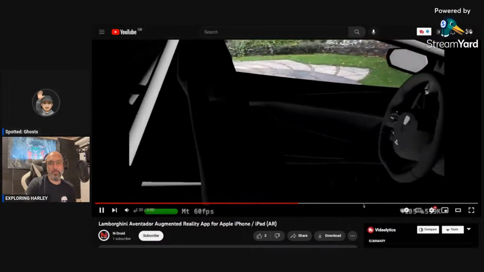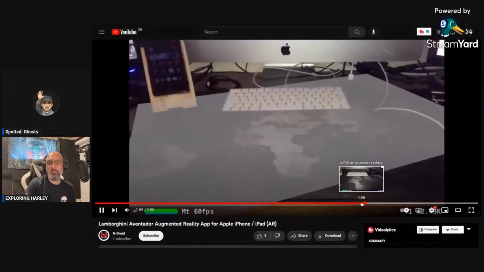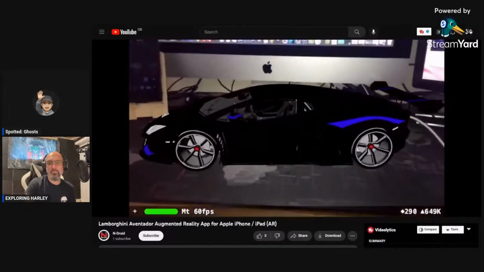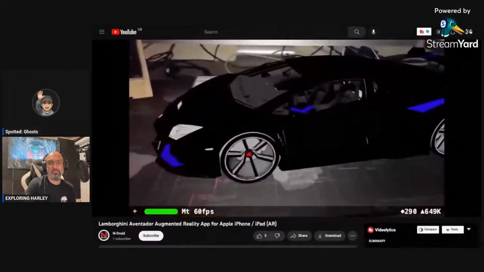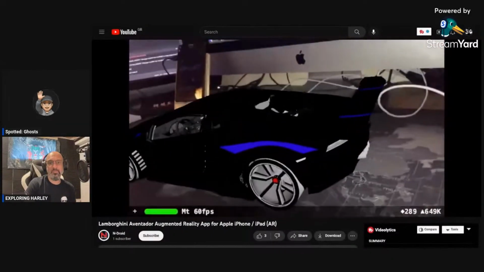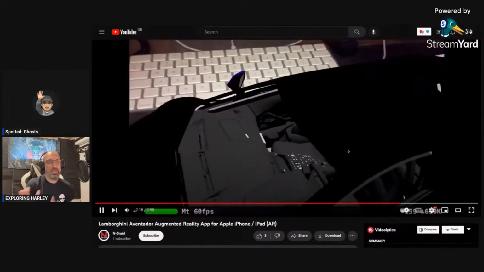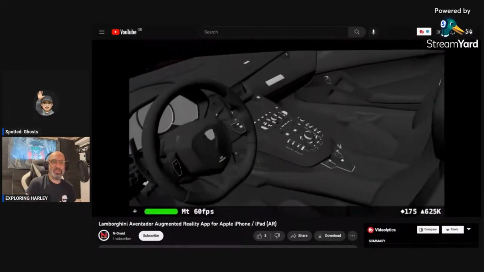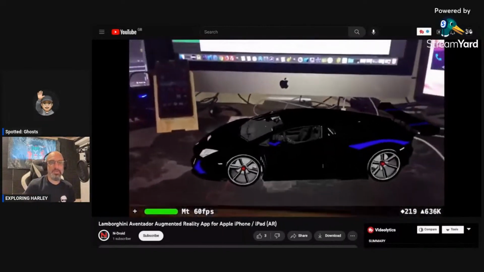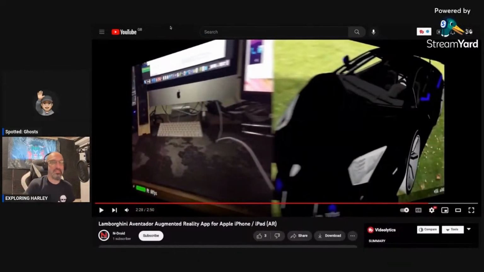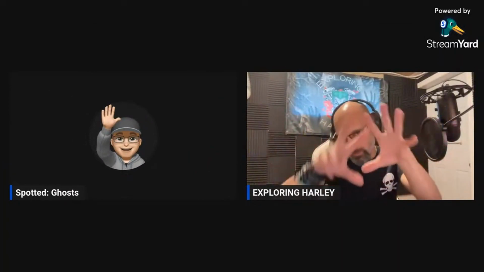Something I did later on, I turned it into a smaller version and made it into a little radio controlled car that you could drive around in your house. I haven't got any video of that, but here's the smaller version of the model. That's so cool. So you have an app on your phone that you can drive a virtual RC car in your home. Yeah, just for a laugh. Probably kids have good fun with that.